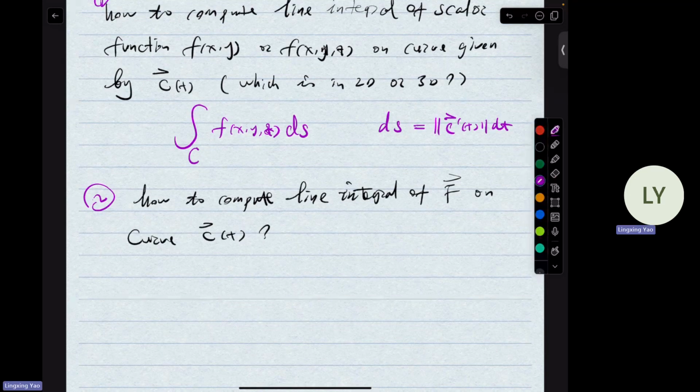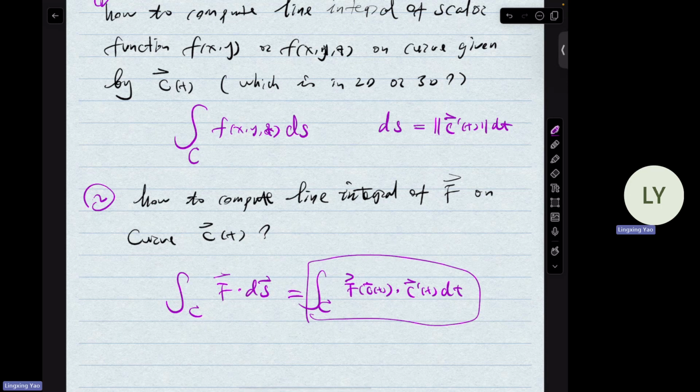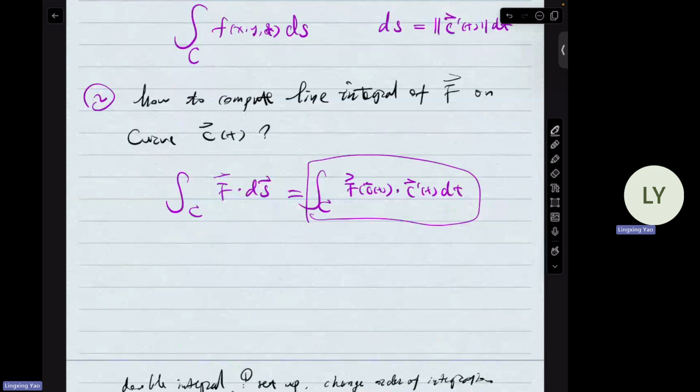Well, the integral is defined in this way, which is F dot the velocity, well, here, this vector field F is evaluated only along the path C, and it is essentially computed in this way. All right, so there are quite a bit of calculations,